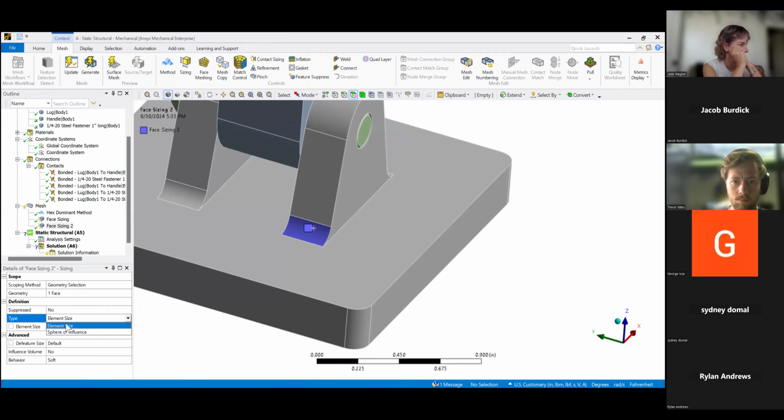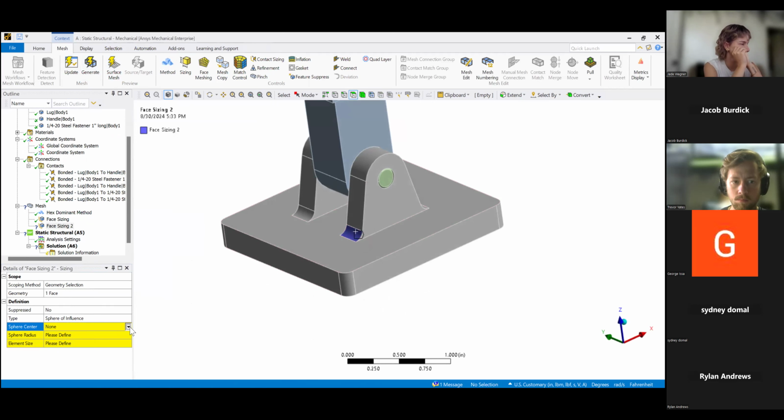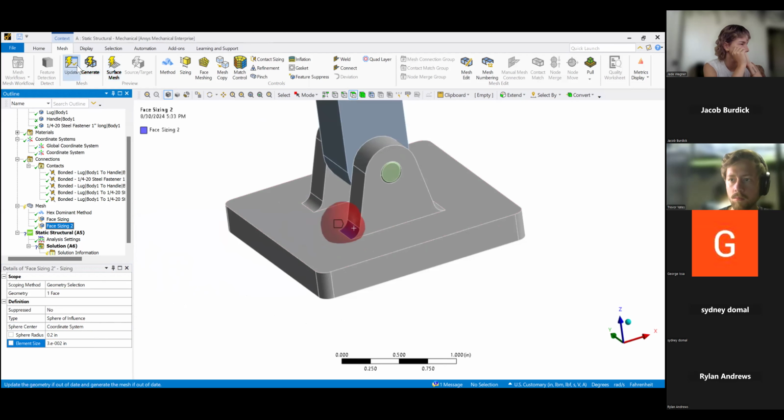So if you go to type, there's two options, either element size or sphere of influence. So sphere center is going to be your coordinate system that you just made. And then you can change your radius. It'll show your circle radius within the feature. And then here you could define what element size you want for that specific region. So say I want 0.00303. I want to break my computer. I already put it. So now if you go to update your mesh,